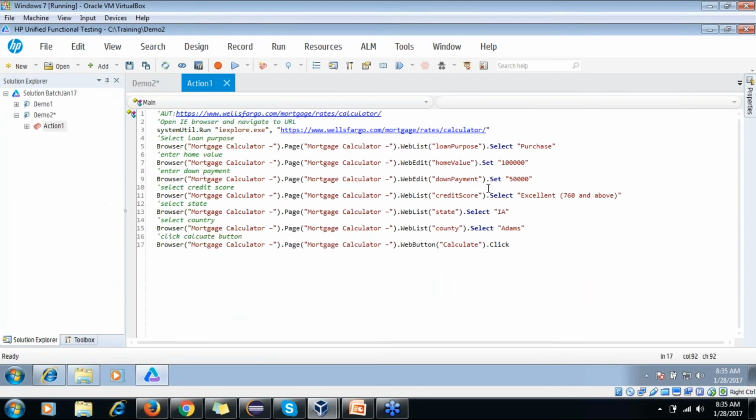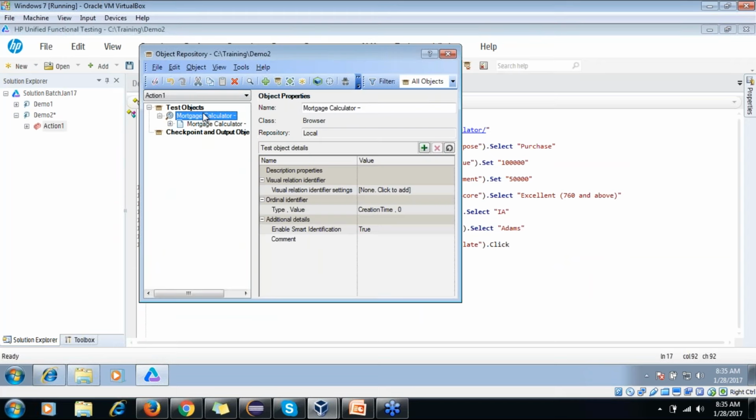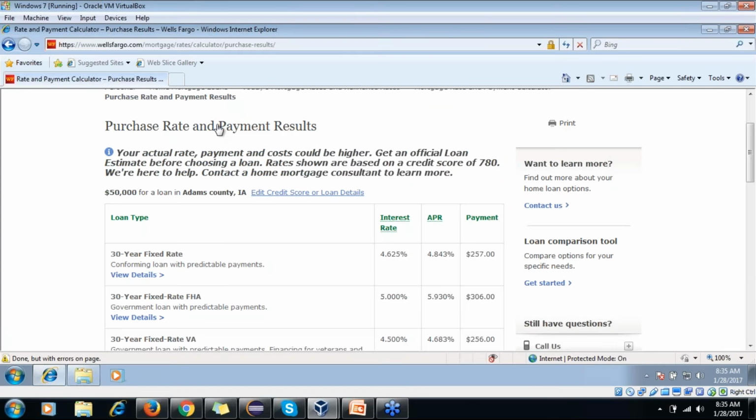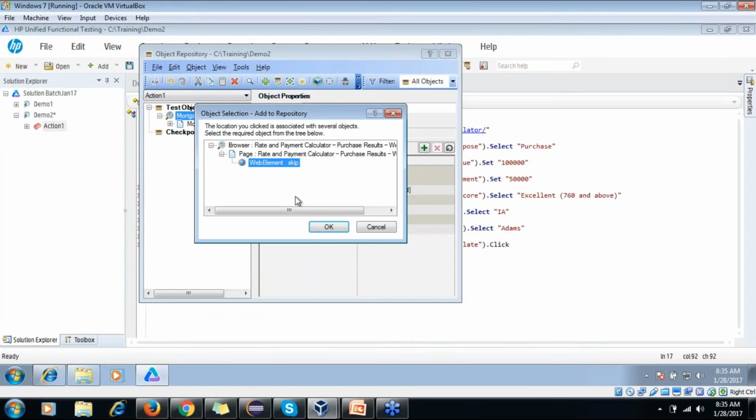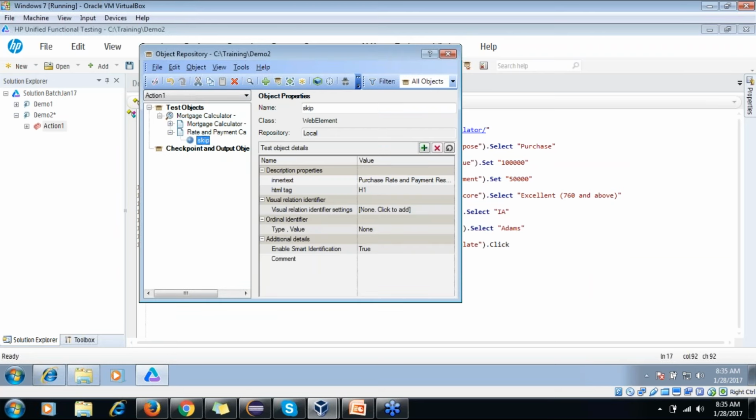So what I can do is add an object in my object repository. Okay, and if I click here, now you see it's a different page team.